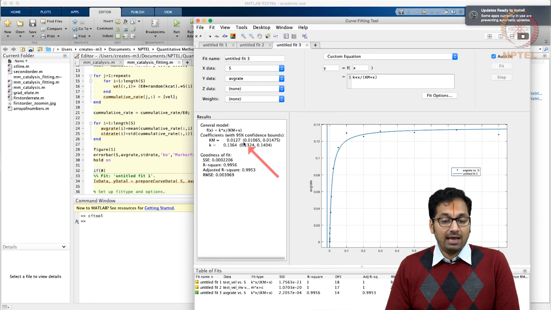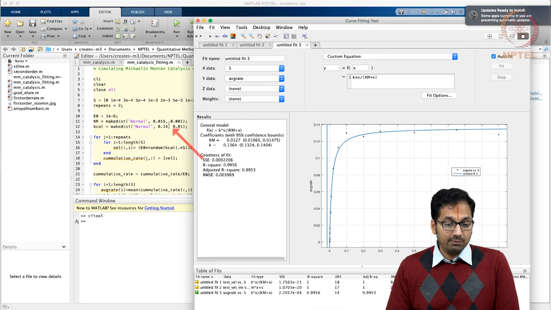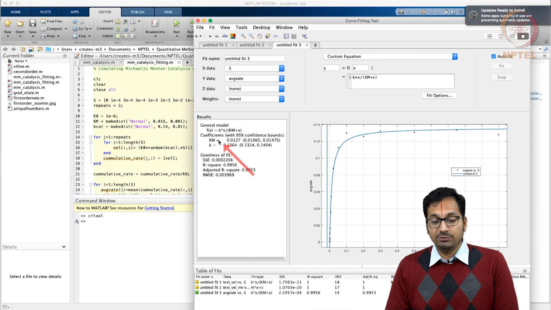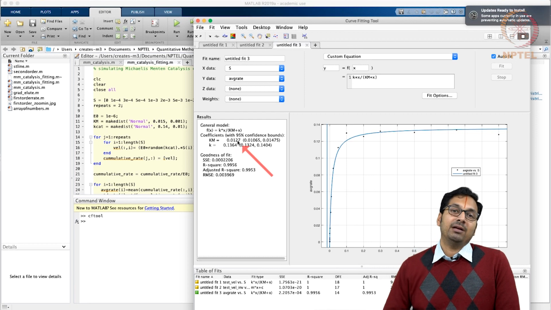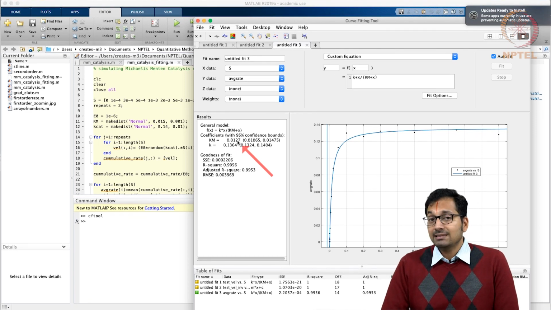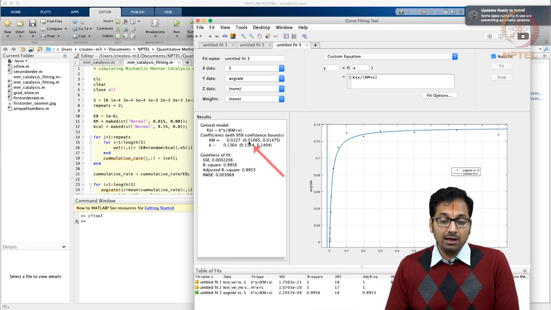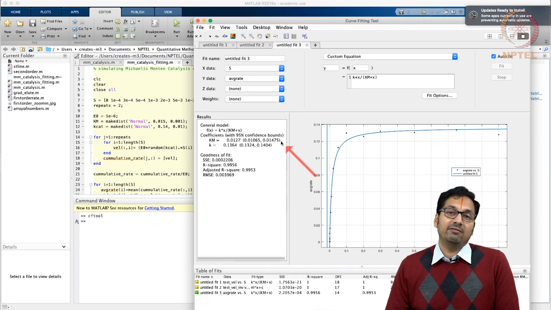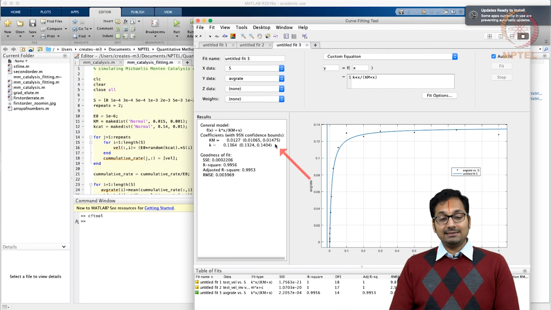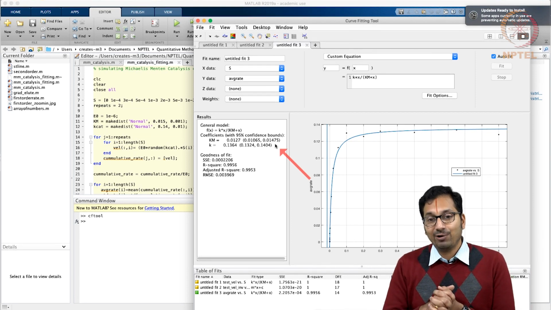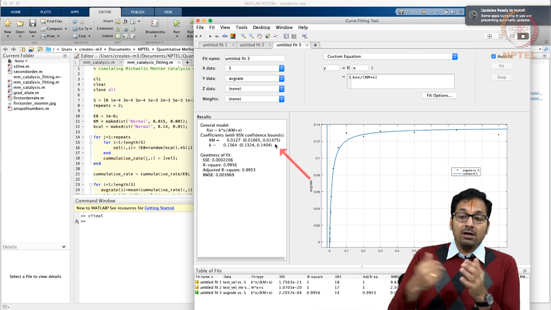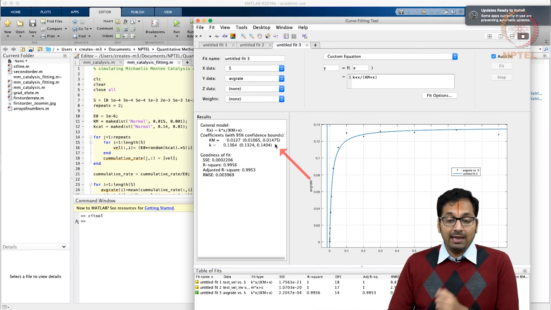In this case, for 2 repeats that you perform, although you simulated Km with 0.015 as its average value, the average value ends up coming as 0.0127, which is less than the value that you simulated, and the 95% confidence interval, that is within 2 standard deviations on either side, goes from 0.01065 to 0.01475. So you are able to realize that this value is slightly far away from what you simulated, and that comes up because of the error in Km and kcat.